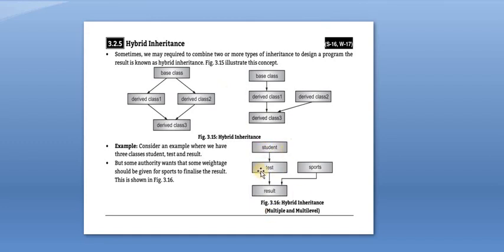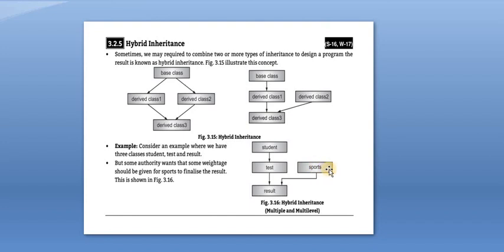So again see here in the diagram, student is a base class and it has the data members, that is the student ID and name. It has again one function, that is the getStudent function. By using this getStudent function, we are going to take values for the student ID and name from the student. After that, test is a derived class which is derived from the class student. There are three variables, that is maths, physics and chemistry, and by using the getTest function, we will take the values of the marks for maths, physics and chemistry.